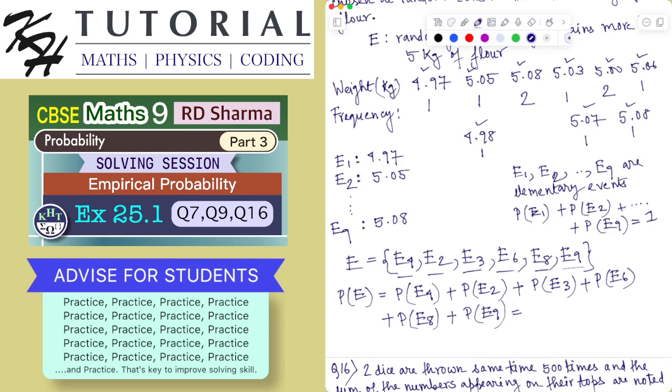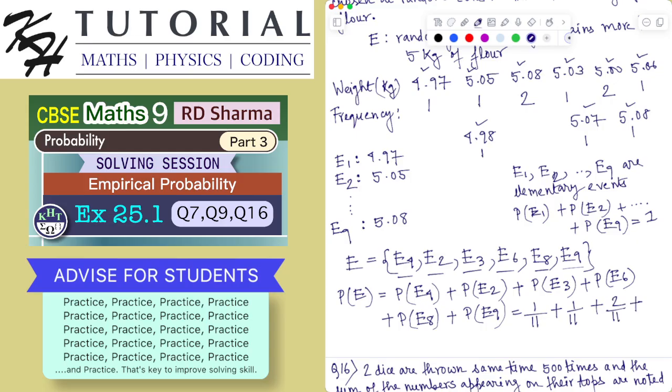So E4, the weight is 5.03. Its frequency is 1, so it will be 1 by 11. And E2, the weight is 5.05. Its frequency is also 1, so 1 by 11, plus E3, which is 5.08, so it will be 2 by 11